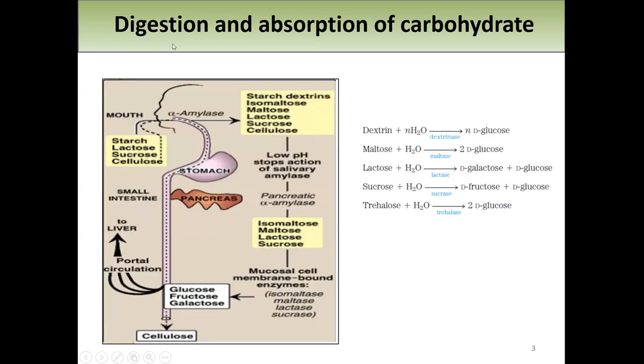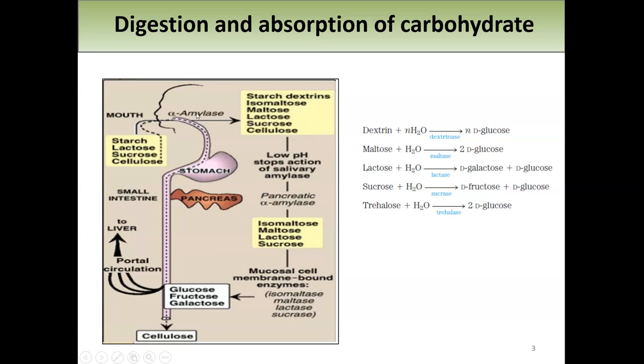Okay, let's talk about digestion and absorption of the carbohydrate. So the carbohydrate enters the mouth, and here the alpha amylase starts to digest the carbohydrate. Okay, so the carbohydrate could be in the form of starch or disaccharide, including lactose, sucrose, or cellulose. So some of the digestion